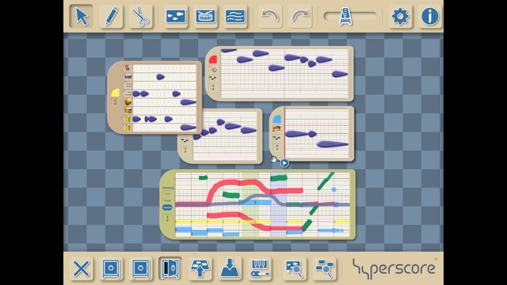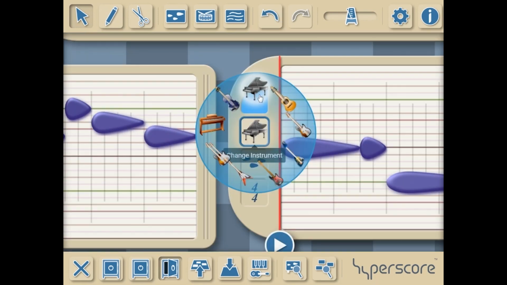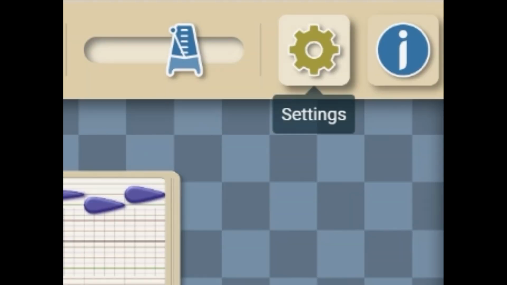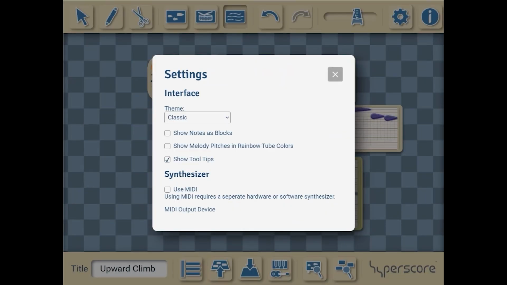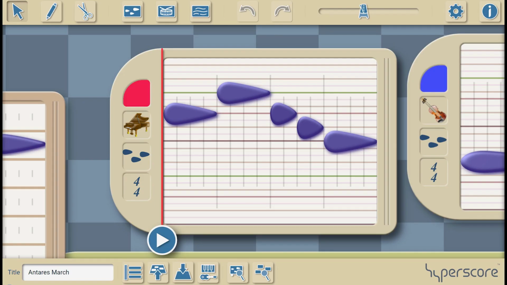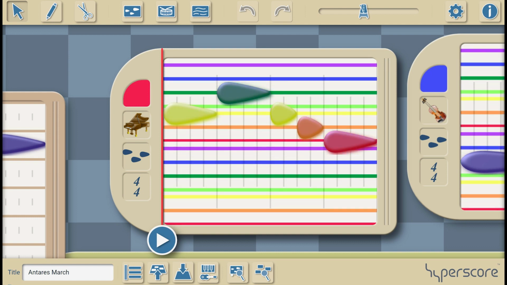Each set contains 8 to 10 instrument choices, and there are plans to add more. The Settings gear wheel is my reward to students for writing their first rhythm and melody windows. Our CTO, Peter, added personalized interface features, such as block notes versus the traditional teardrop shape, which indicated attack and decay. He also added the ability to turn the melody window into a rainbow-colored C-scale that correlates with most rainbow-colored